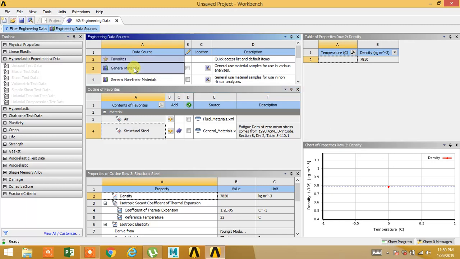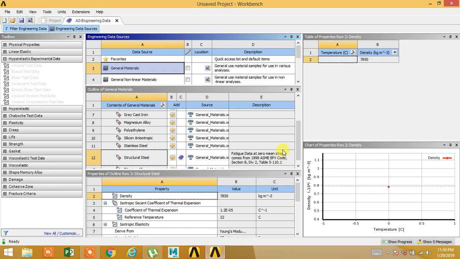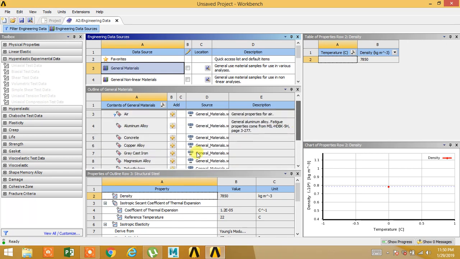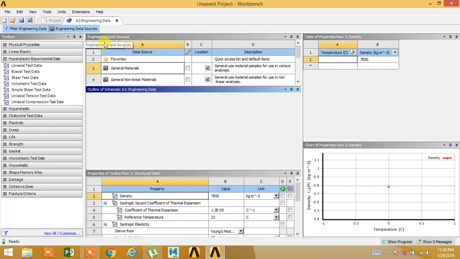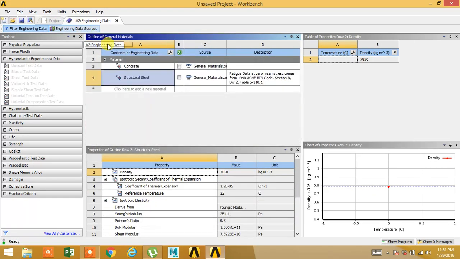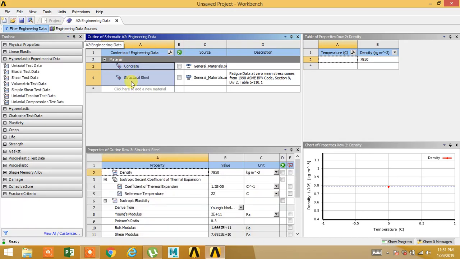General material. Select concrete plus. Concrete and steel.